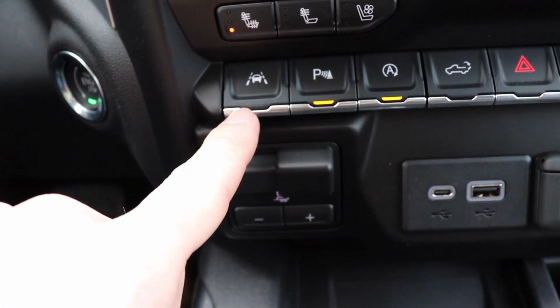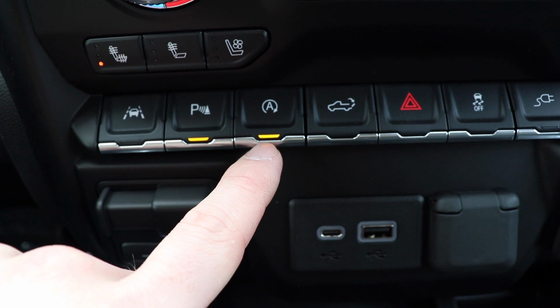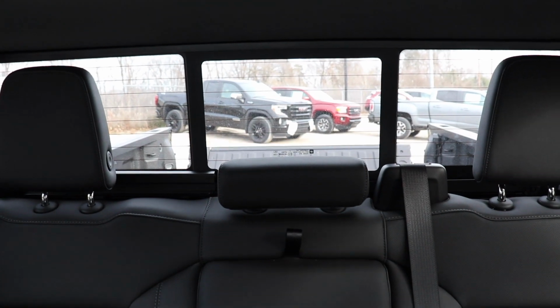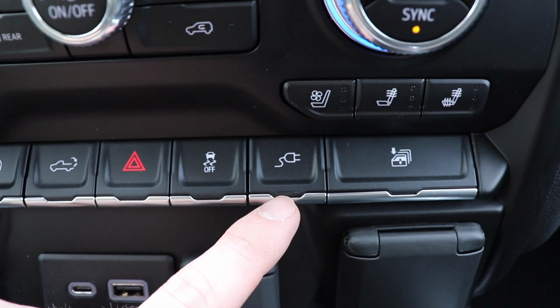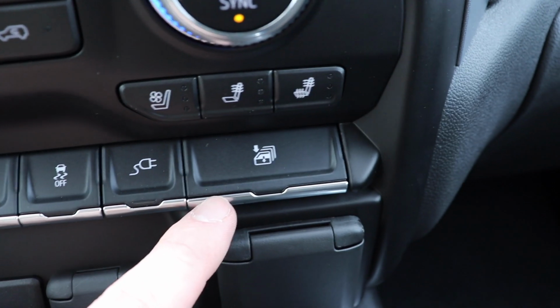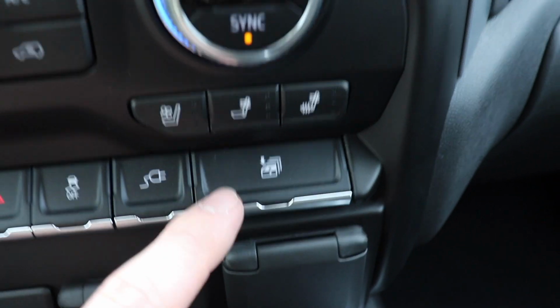Down here we have your lane keep assist button, your parking sensor button, automatic start stop button, tailgate release button, so when I push this, the tailgate will automatically release, hazard light button, traction control off. This button activates the power outlet in the bed of the truck, and then this button will actually open all four windows at once. So I'll push it,